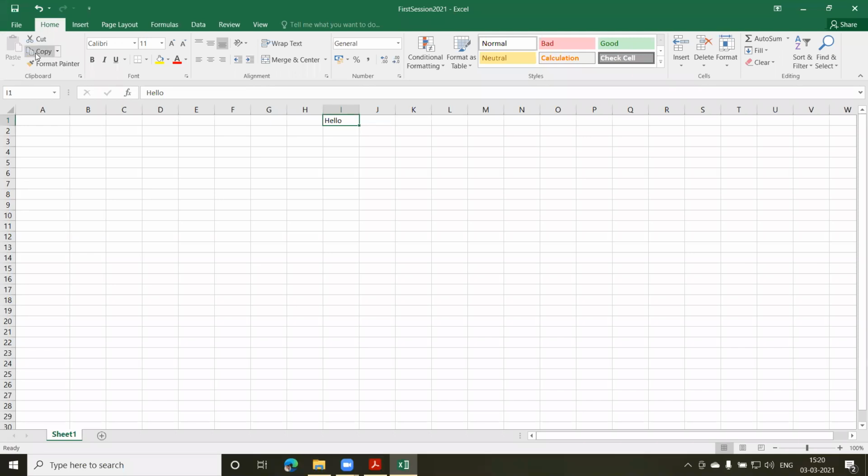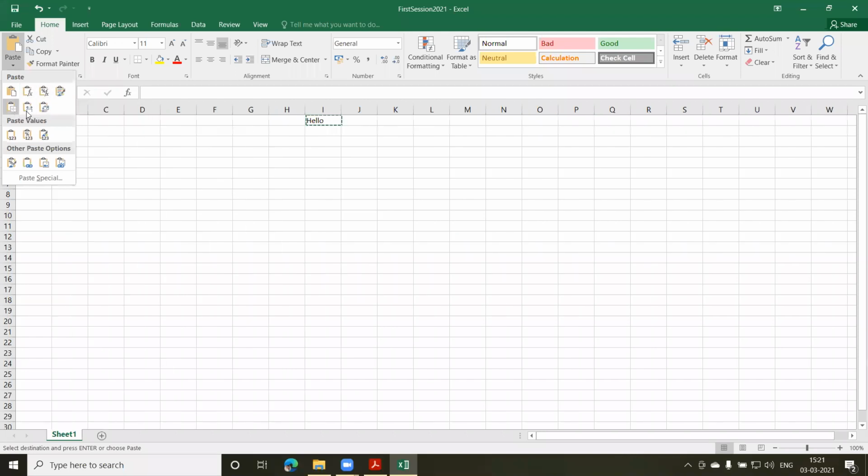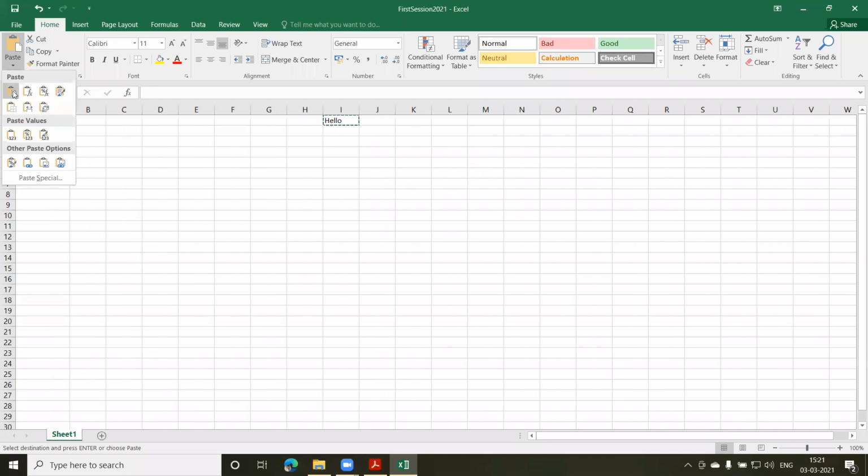If I click on copy, I copy this. Again, I come here. Now I click on paste, or let me click on this drop down. I click on this drop down, I get multiple options which are available. So again, you can paste it. This is my simple paste. Now, if you have formulas, percentages, values, and so on, you can make use of all this. Right now, I'll just click on paste.